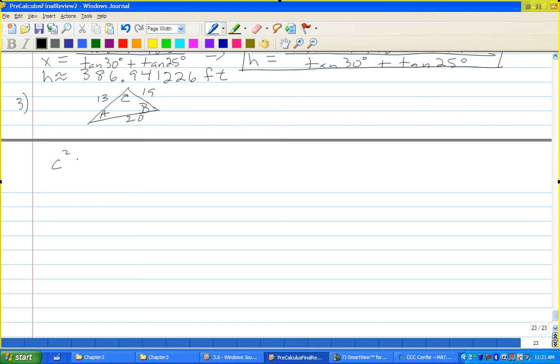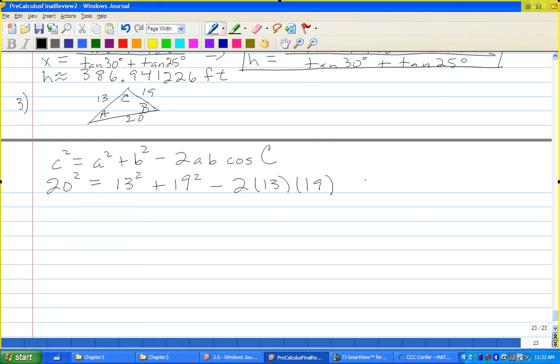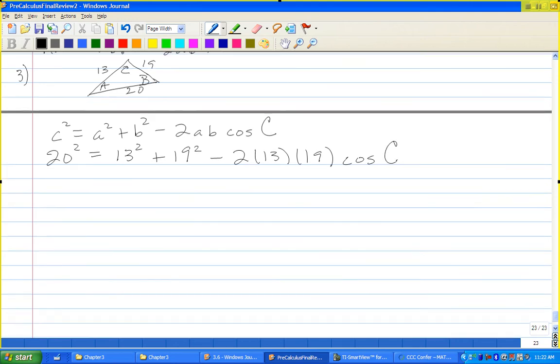So A squared plus B squared equals C squared. Okay, so I have 20 squared equals 13 squared plus 19 squared minus 2 times 13 times 19 cosine of C. Okay, so 20 squared